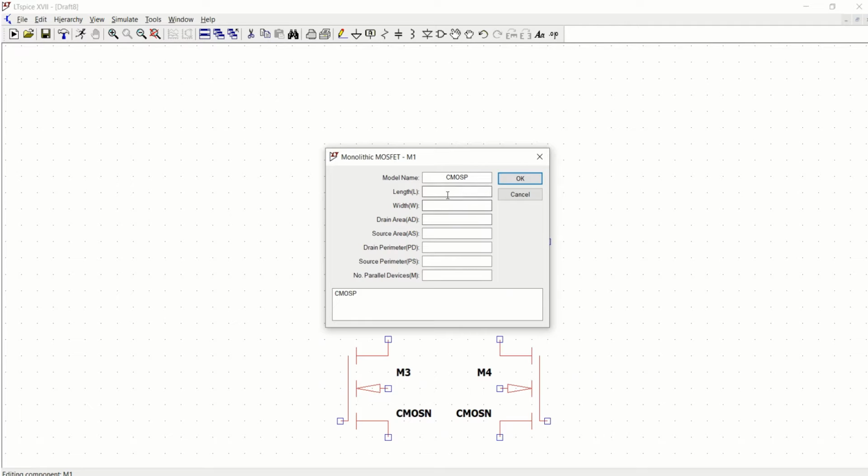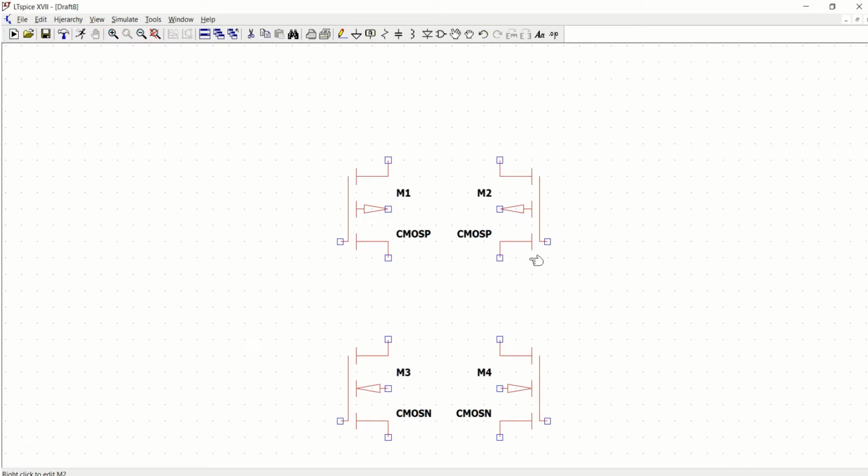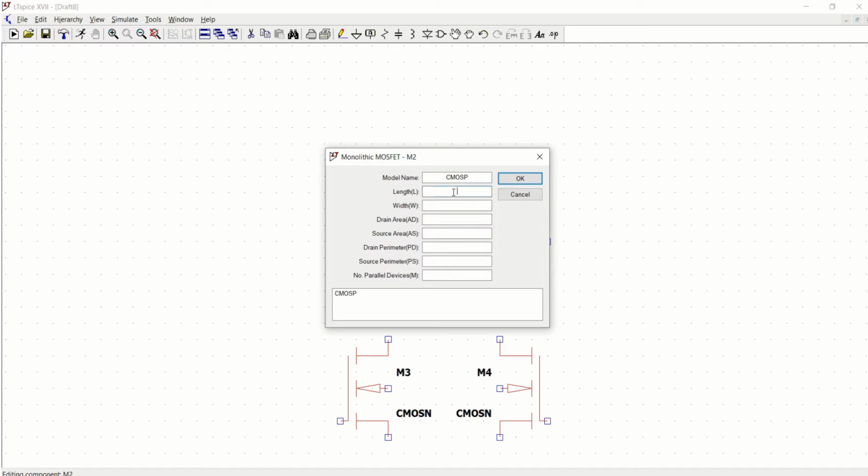By default, I am setting the width and length of the transistors to 130 nanometer. Since it is a digital simulation, I am using the 130 nanometer simulation. Similarly, all of these transistors are assigned the default values.